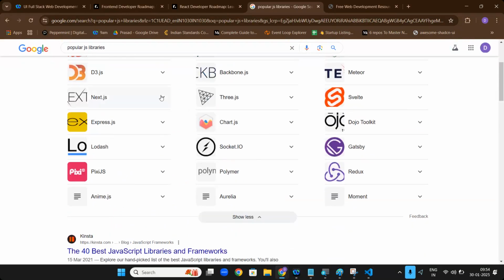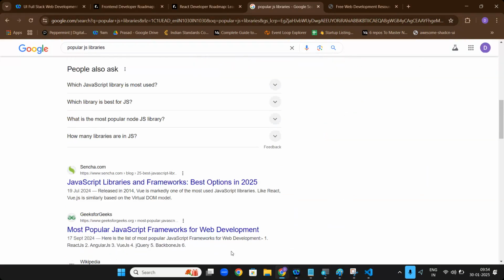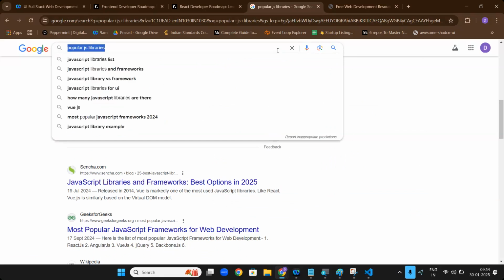Next.js is not a library. Next.js is a framework. Remaining all, you don't need. It depends on use case. If you are sending emails, you will have a separate one. Each one has a separate thing. You tell me any use case, and for that there will be a library in JavaScript. For example, search